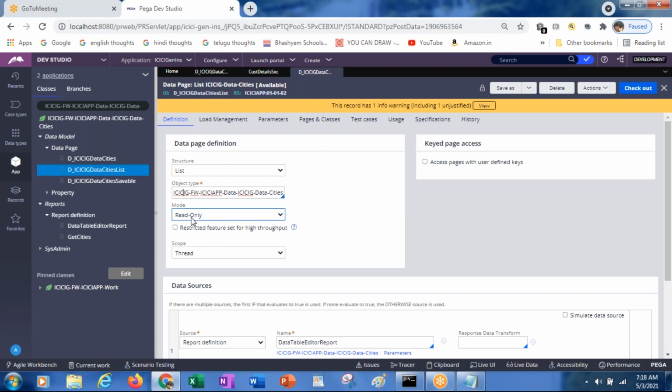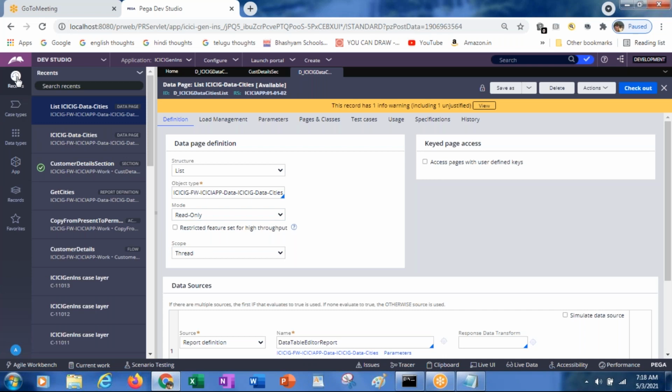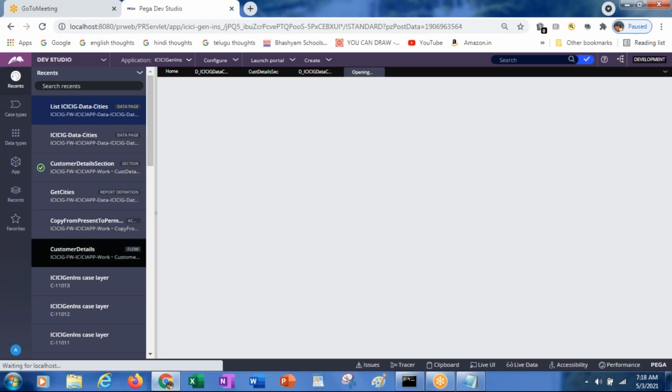And later we have something called mode also. This mode can again be mainly of three types. The data page modes can be of three types: read only, editable, and savable. Read only, editable, and savable. So here, for example, when you create any work object, when you create any case in the flow,